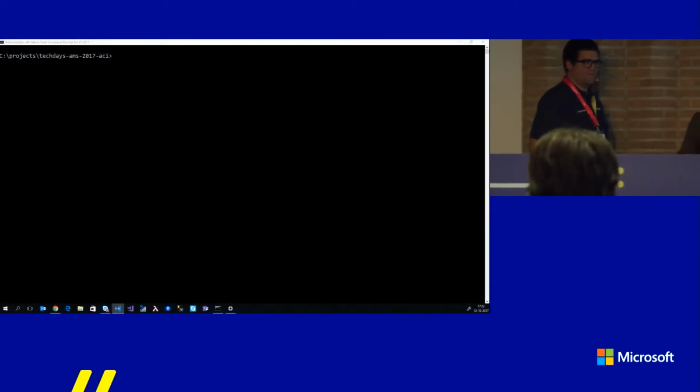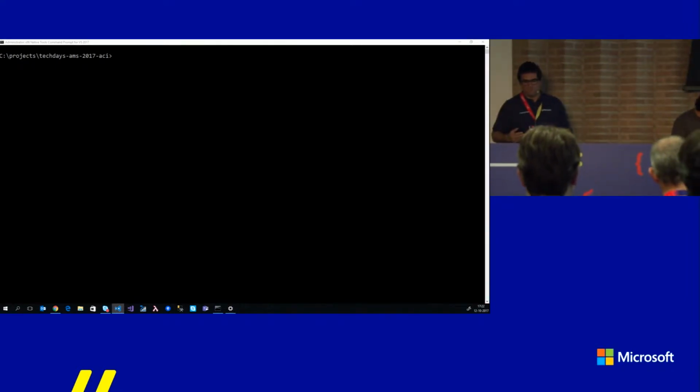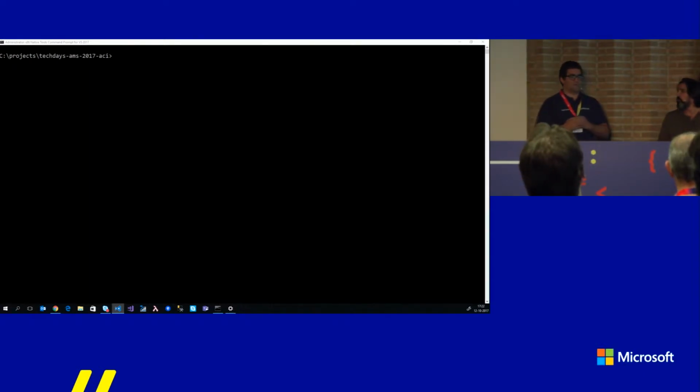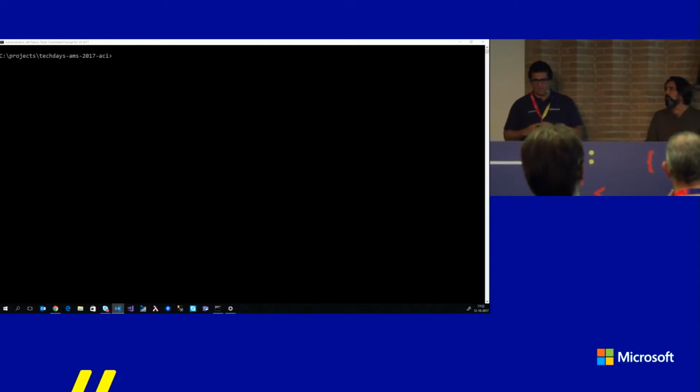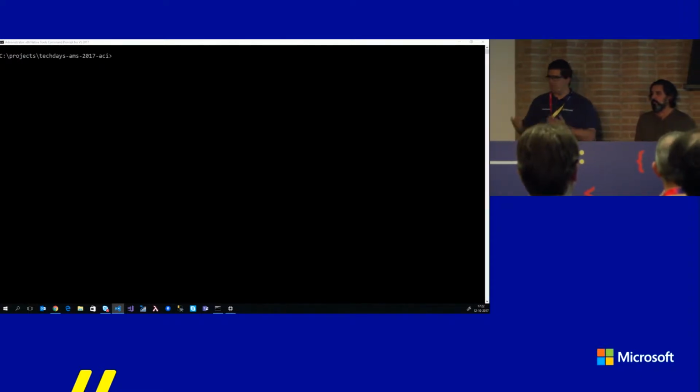So thank you, Alessandro. What I'm going to do now is demo the main ways to deploy containers to Azure Container Instances. One of my favorite ones is just using Azure CLI, which is quite straightforward. I'm going to start by deploying an image which has a Node web app running. So you will see how straightforward it is. I believe that everyone can see the command line pretty well. So just going to get started.